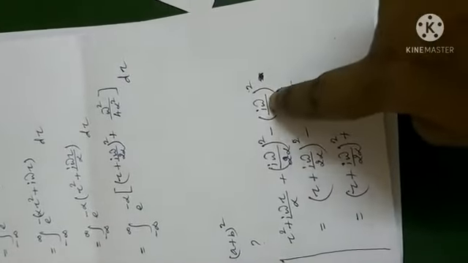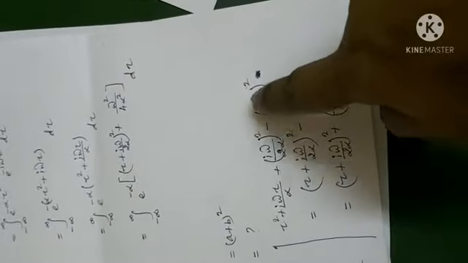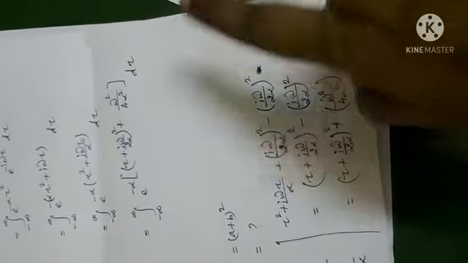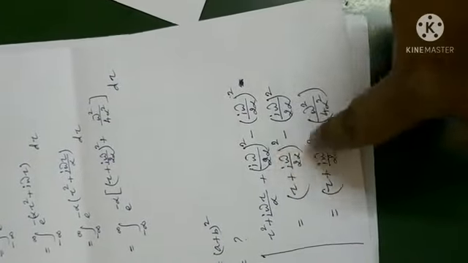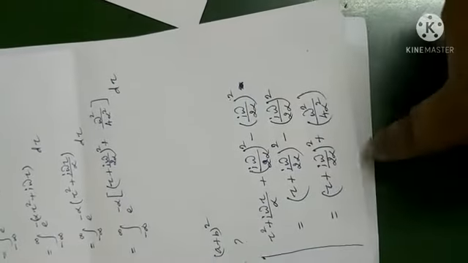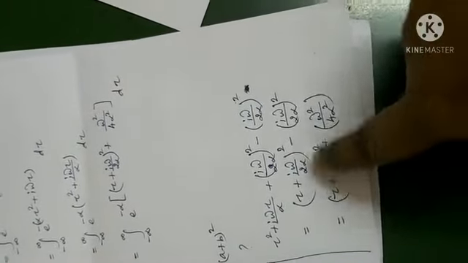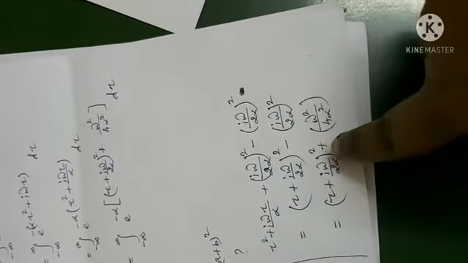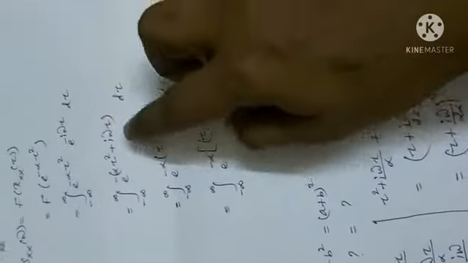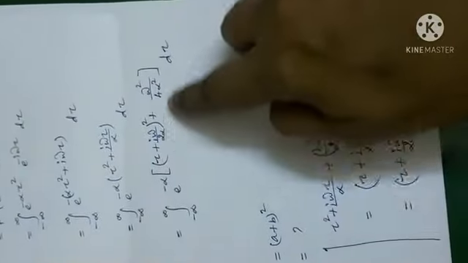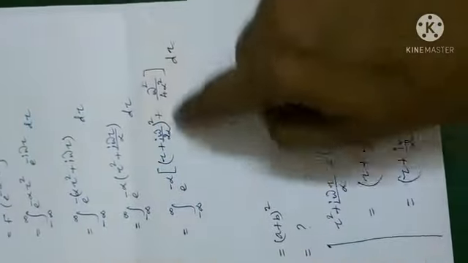Once you add, you must subtract, so that the answer will not change. You cannot simply add, you must subtract. These three terms together become (a plus b) whole square minus this term. Let us keep this term as it is. i square is minus 1, so this becomes plus omega square by 4 alpha square. So in place of this, let us replace this value. All these are rough work.